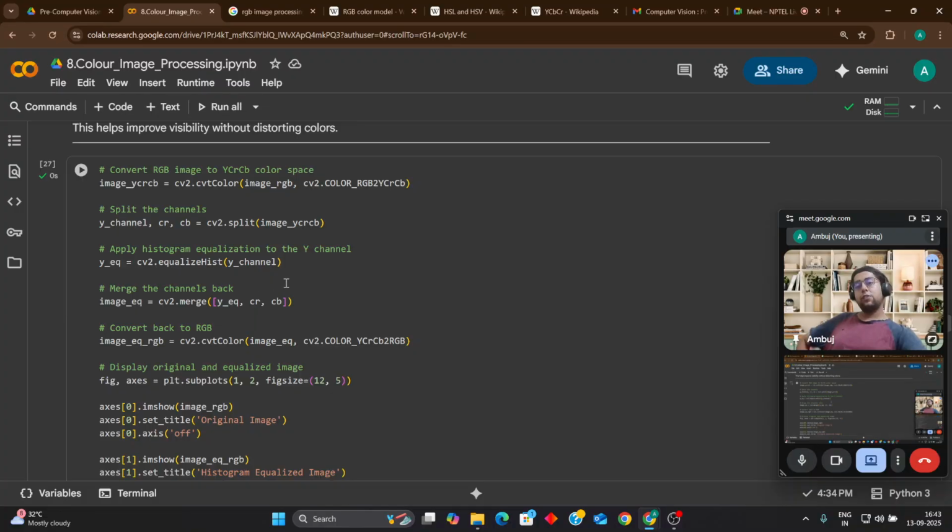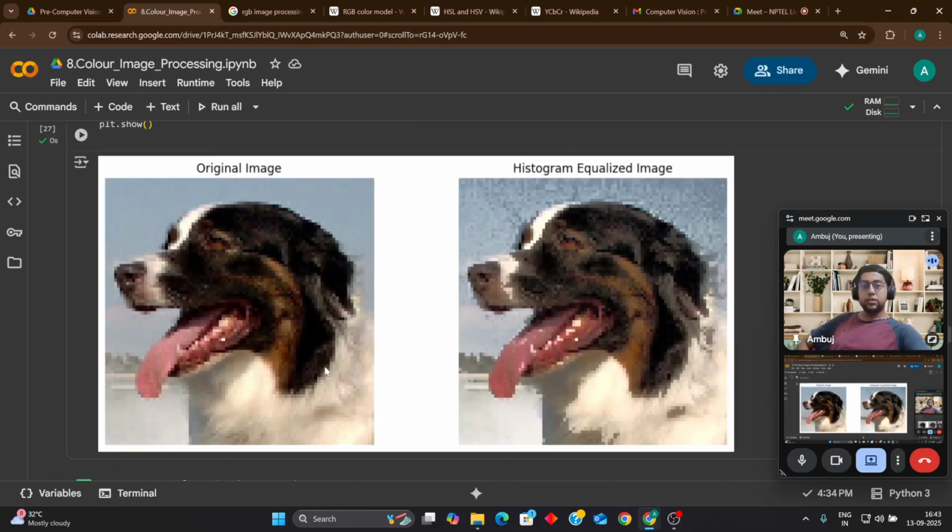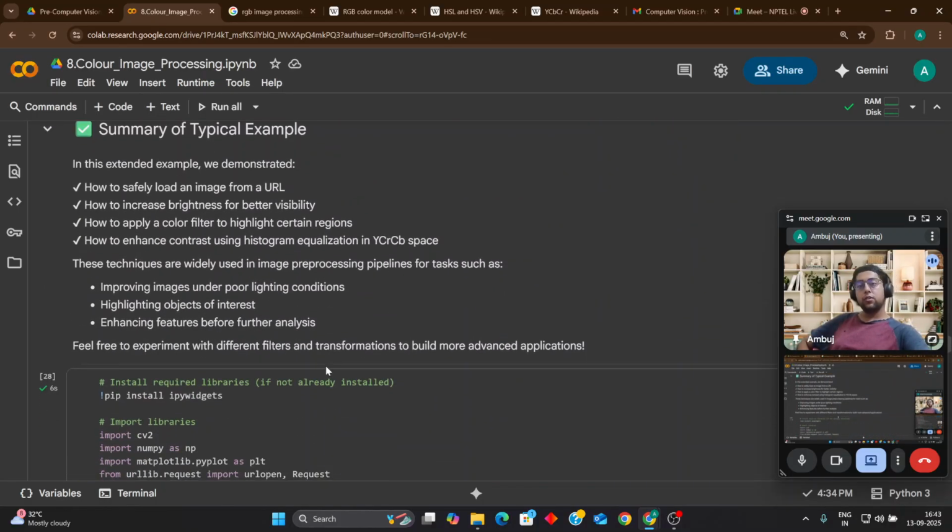This function I have called, then I have merged all the channels, then converting back to RGB, that is cv2.cvtColor with cv2.COLOR_YCrCb2RGB. When displaying the original and equalized images, you see the original image and the histogram equalized image. Then the summary of the typical example is how to safely load an image from a URL,